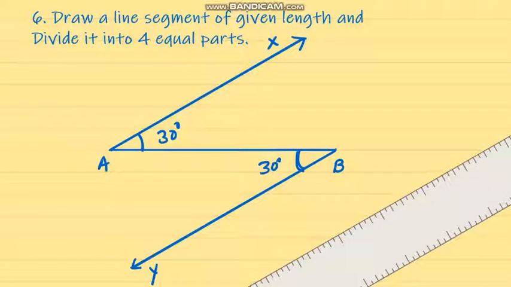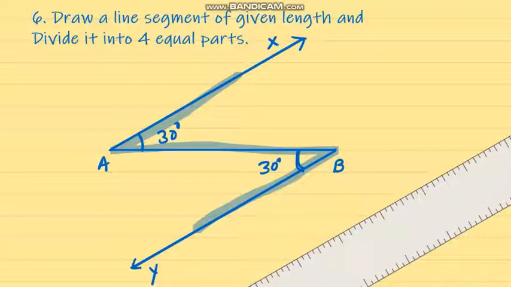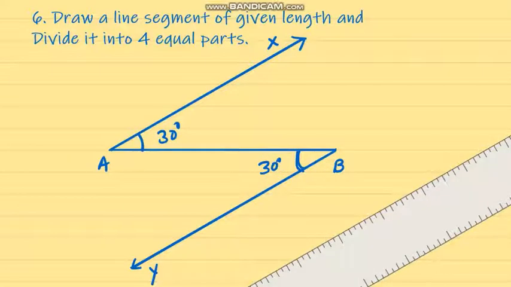These angles are making an alternate, here the alternate angles are equal. This is making Z. So making alternate angles equal means lines are parallel. So here BY and AX are parallel.